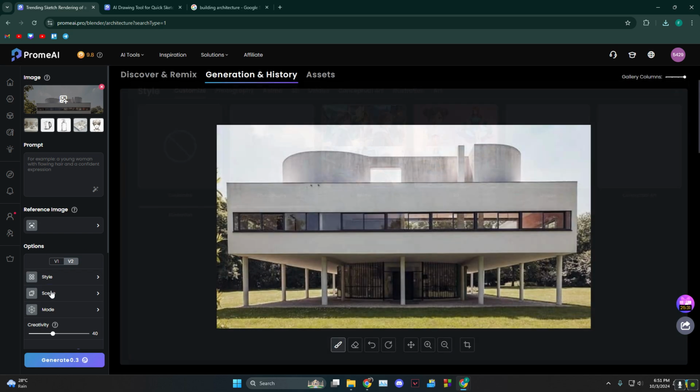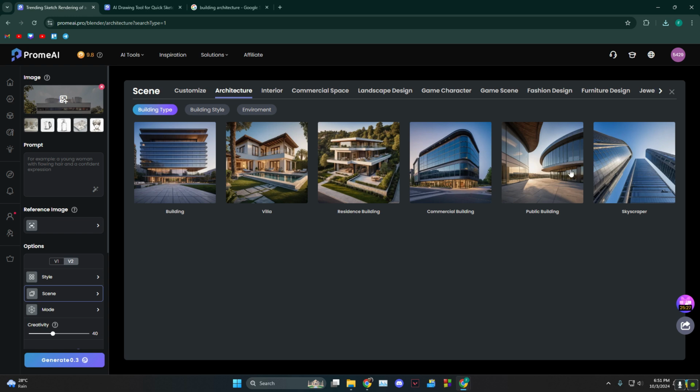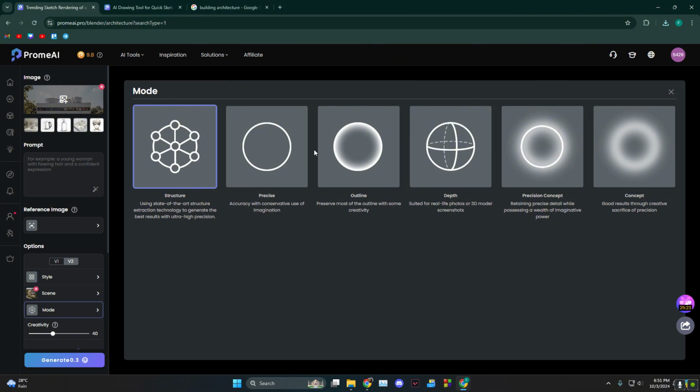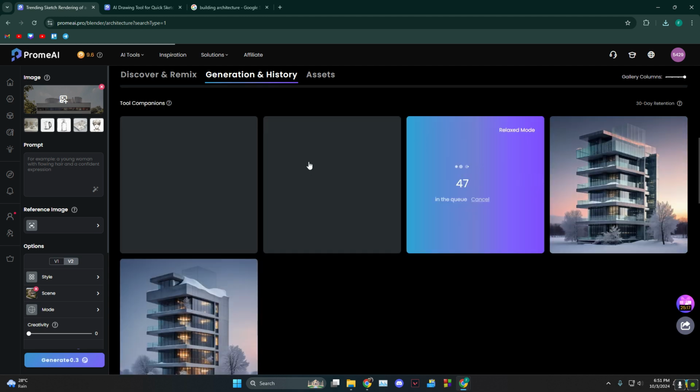Let's say we don't want a style but we want a scene. Let's say the scene is architecture and let's say we want it like a residence building, and mode, let's say we want depth, and then we're going to click on generate, and from there it's going to load up right